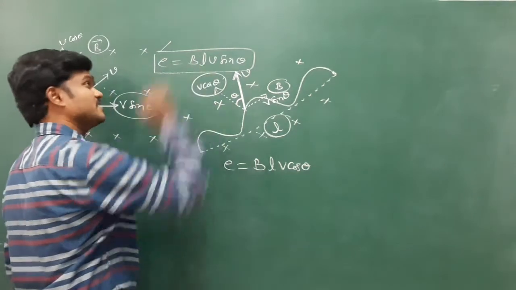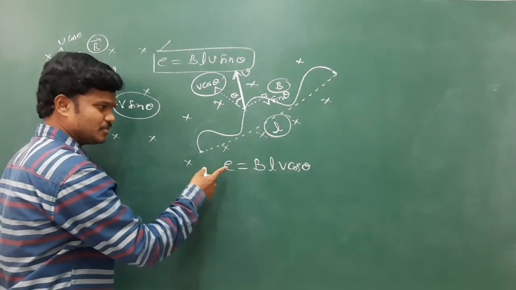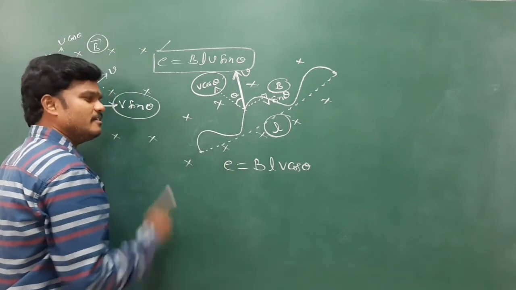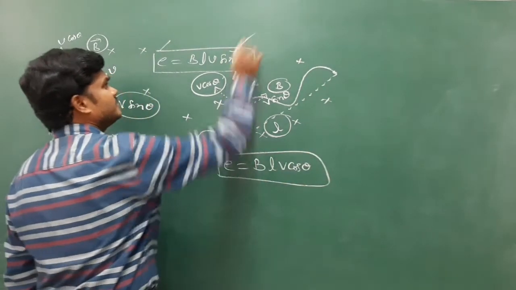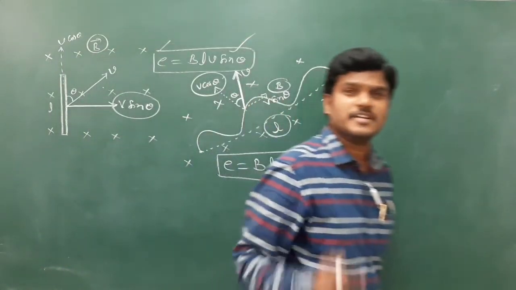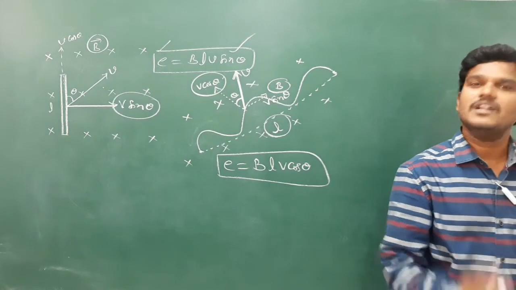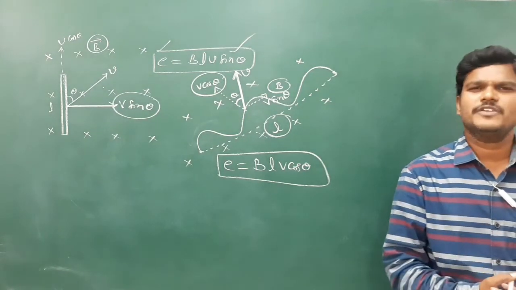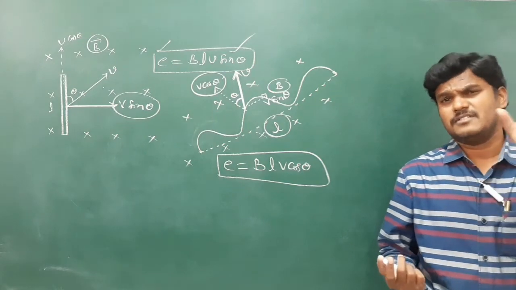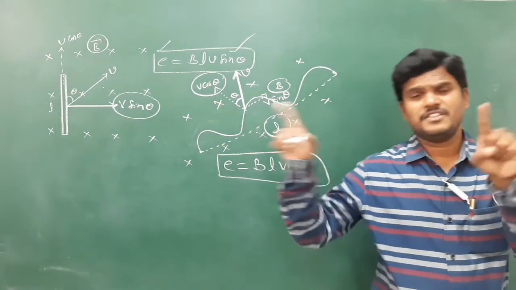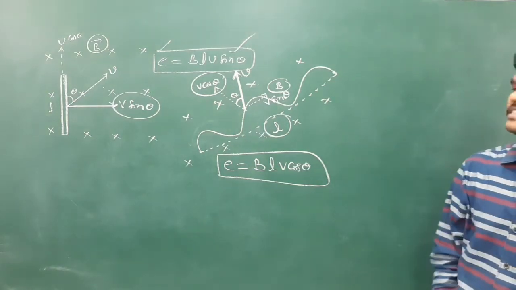Okay, don't always remember it as BVL sin theta. It may change. So EMF is B, L, V cos theta. Don't memorize it by heart like that. Whenever three parameters are perpendicular, then EMF is BVL. Otherwise, you can follow V cross B dot L: identify the V cross B angle, identify the direction of V cross B with L and substitute, and you will get the answer. So this is somewhat easy.